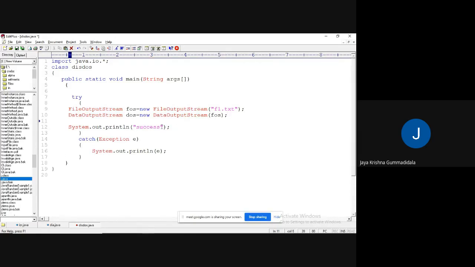I need to pass a file output stream object, because the data output stream internally takes the help of file output stream.